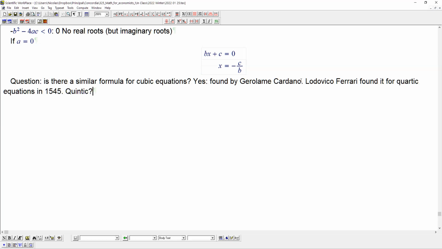So degree 5. Yes, so it's the Ruffini. Yeah, Abel-Ruffini theorem. There's no general formula for quintic. So it's an extension of the